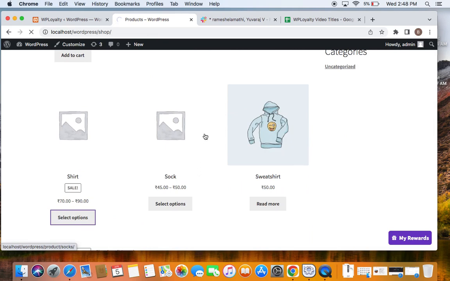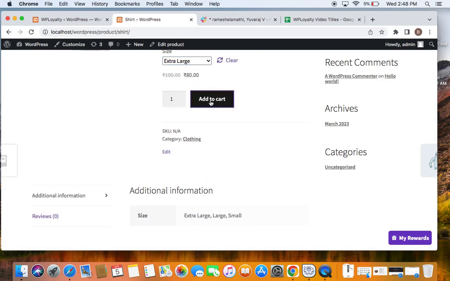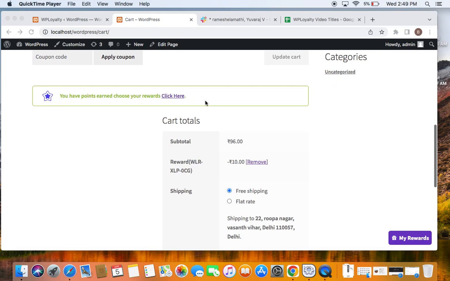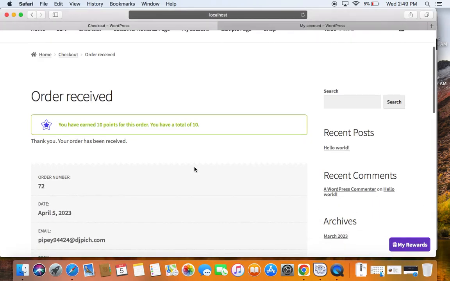This is the existing customer doing it. Alright, okay, selecting a size and then adding to cart. Now after adding some products to the cart, the existing customer has received his reward as a coupon of $10. Nice, isn't it? Similarly, for the friend, we may have to go back to this incognito window where we stopped